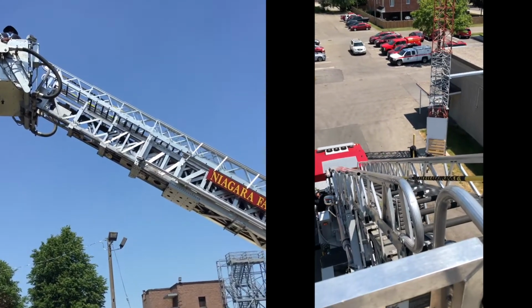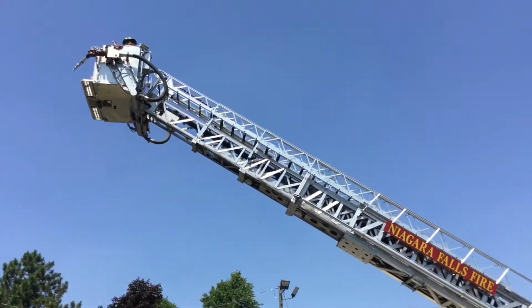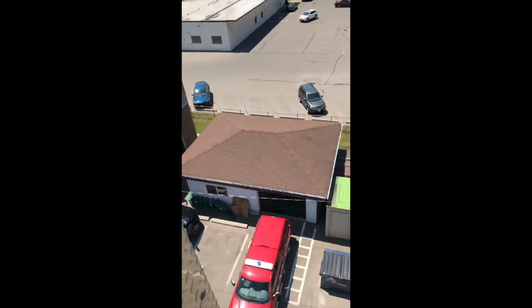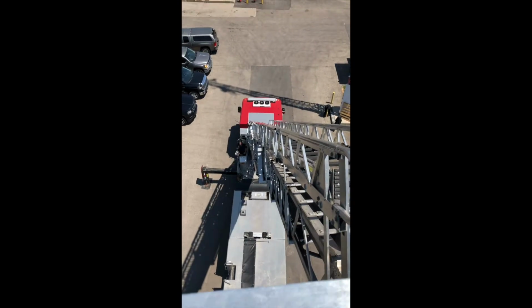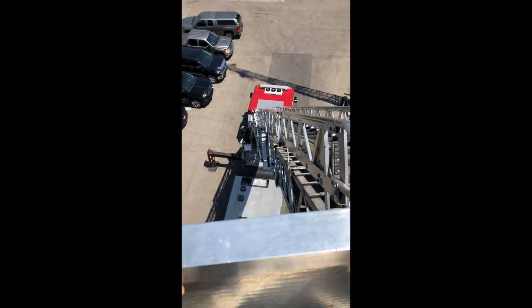Slowly getting higher. At this point, we are high enough to get on just about any roof of a house. We are about 5 stories in the air, and that's not even as high as this thing can go. After extending up as high as needed, the truck can then rotate the